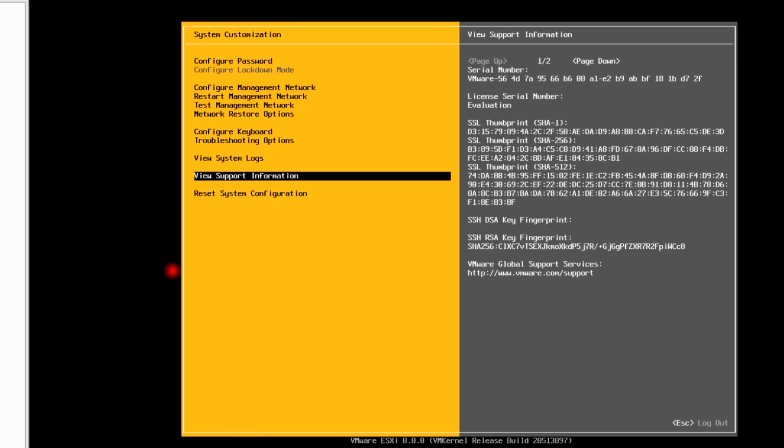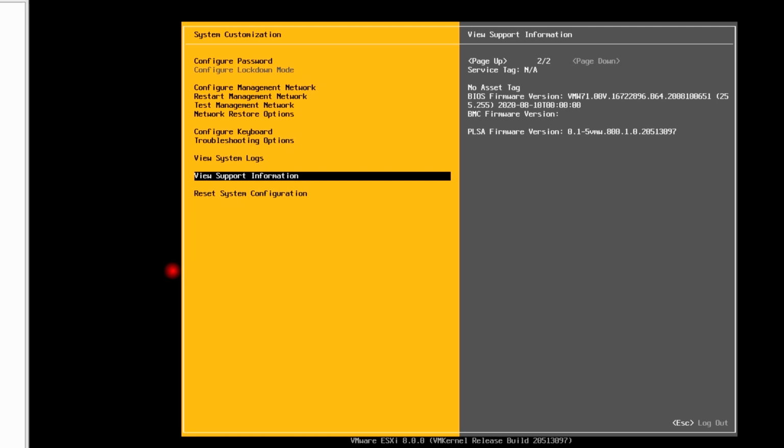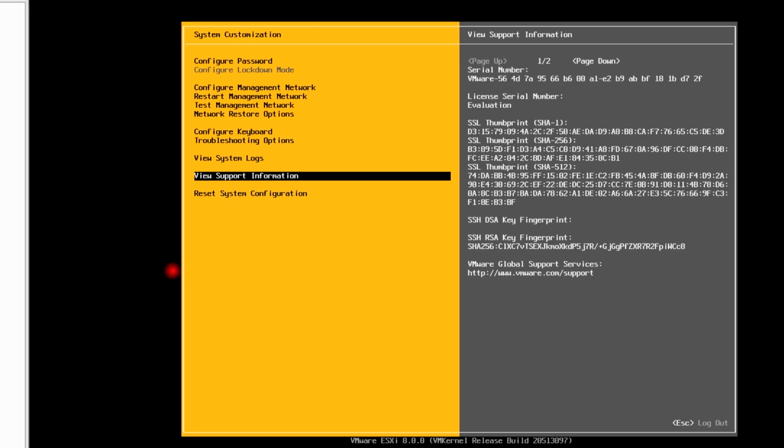View support information. Here all the information related to the host is available in 2 pages. This is the first page, and you can press the page down button to go to page 2. I will press the page up button to go to page 1 again.